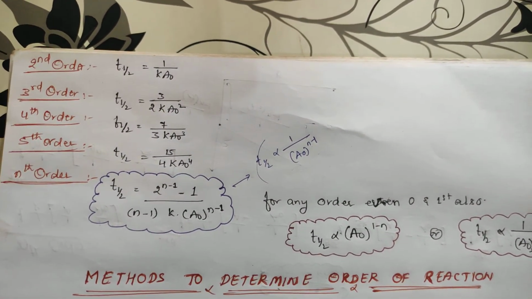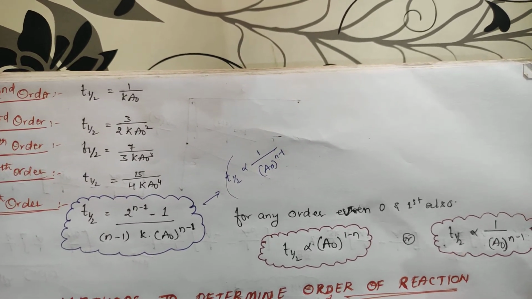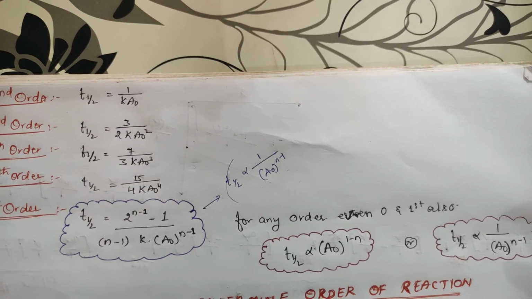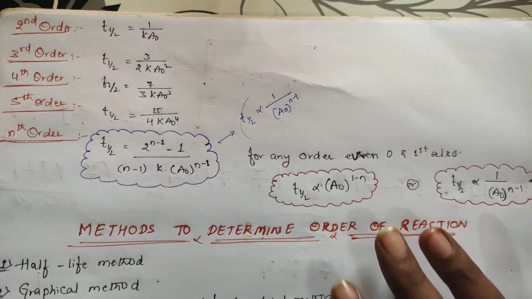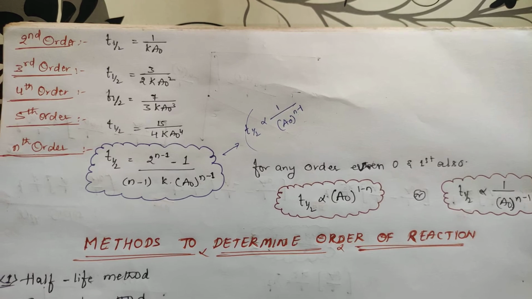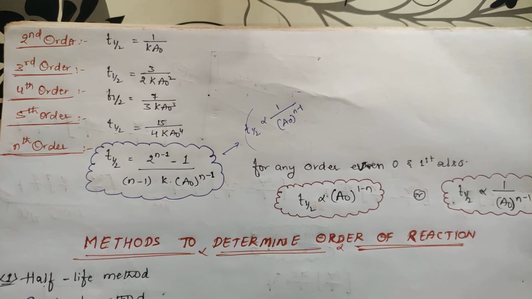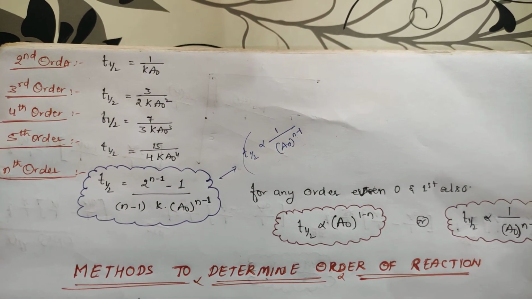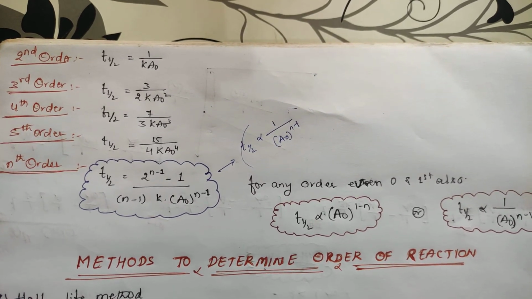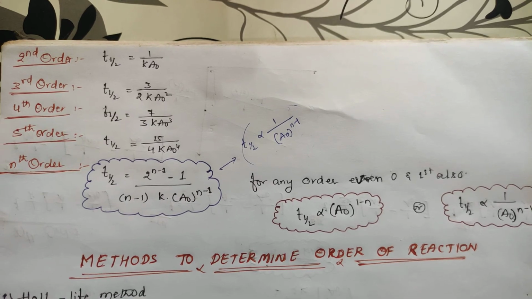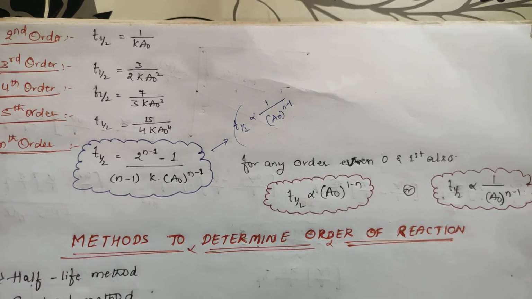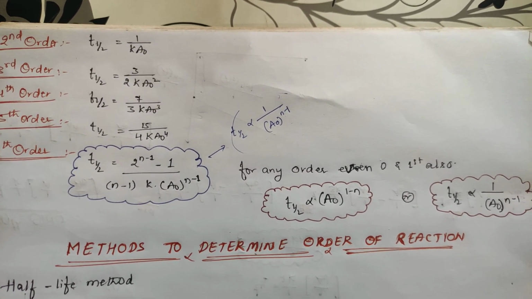This is what for today, students. By this we have completed zero order, first order and nth order kinetics. Practice all the problems that are present in our book. In the next session we will determine the methods to find the order of the reaction. You should find out how many ways you can find it, either based on the graphical method, based on the half life, based on the integrated equation, or based on the initial rate method.